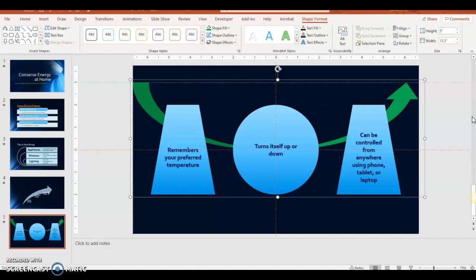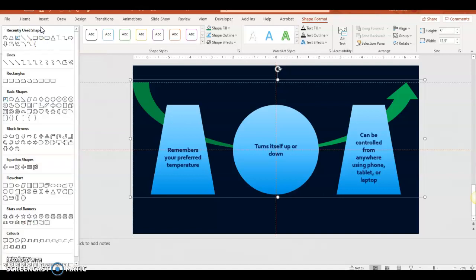Now we're going to add another shape. So starting at the bottom of page 246, we want to insert another shape. With the Drawing Tools Format tab selected, we're going to click the More button. The More button is found over at the far left in the Insert Shapes area. So we're going to click the More button to see all the shapes, and we're going to insert 3 shapes at the bottom. So the moon shape,